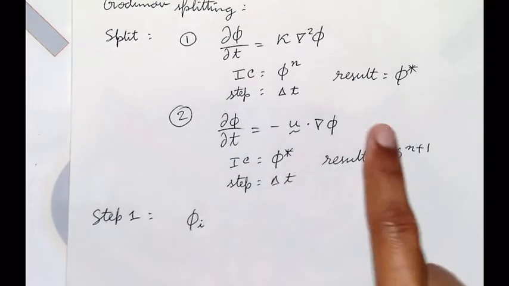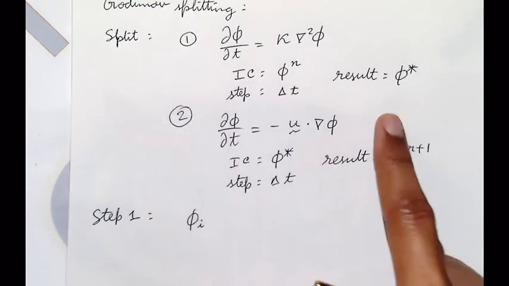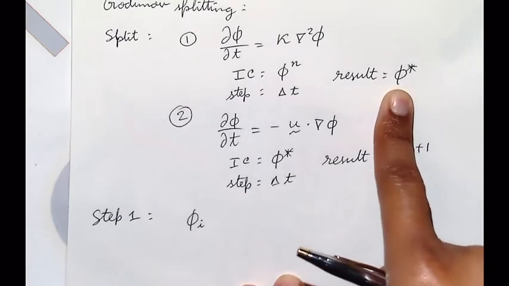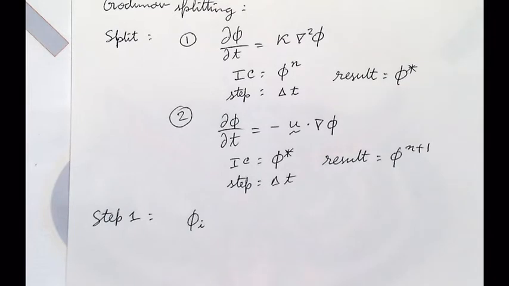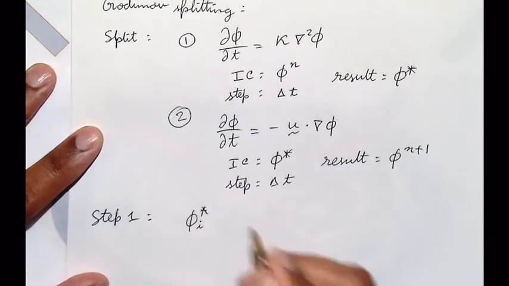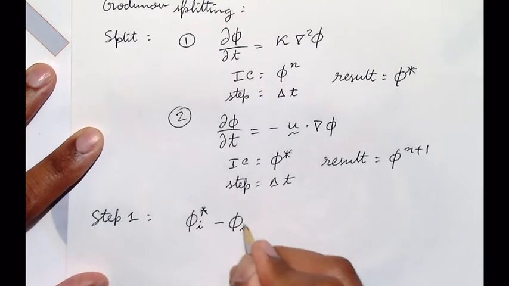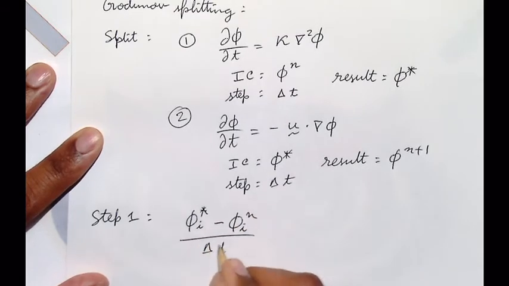Sorry, no. We said the result will be φ star, right? So φ_i star minus φ_i^n over Δt equals